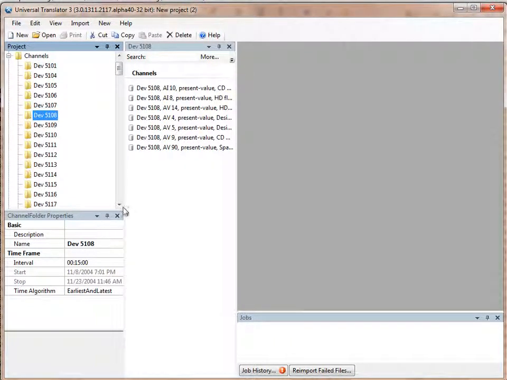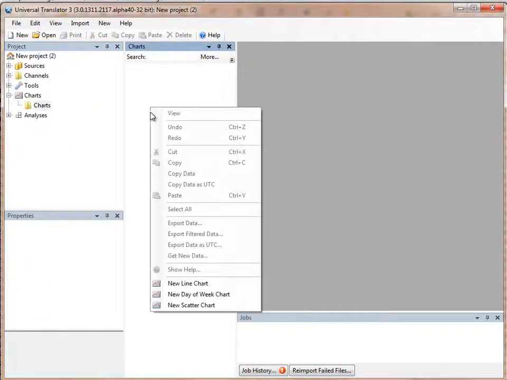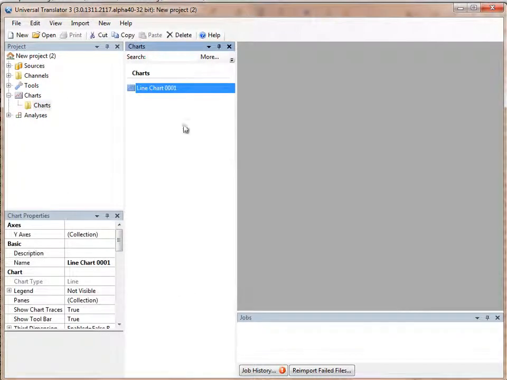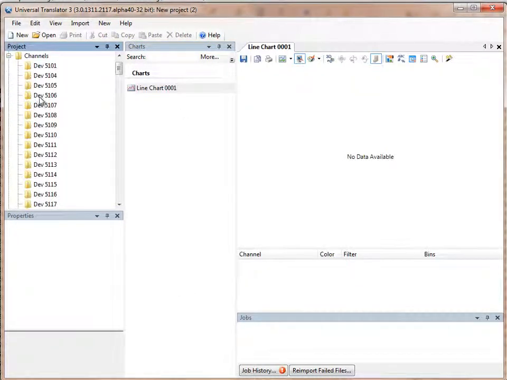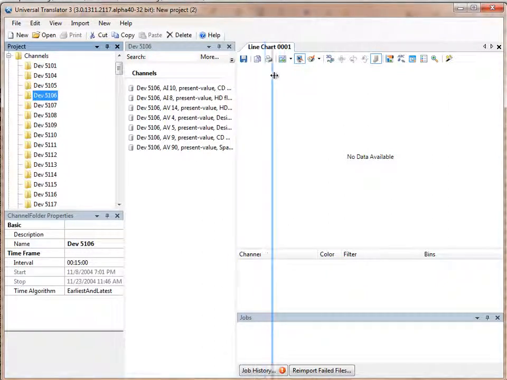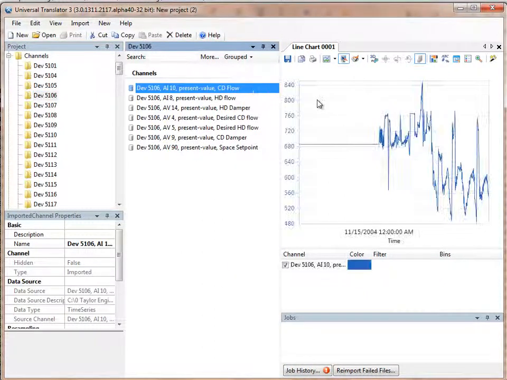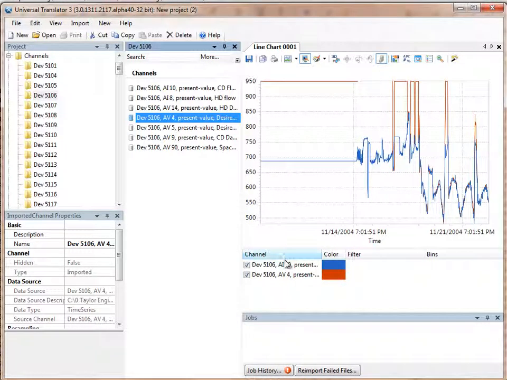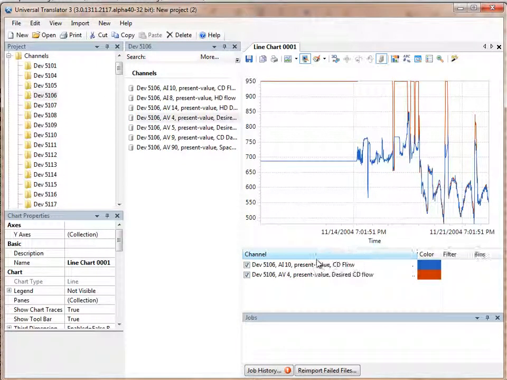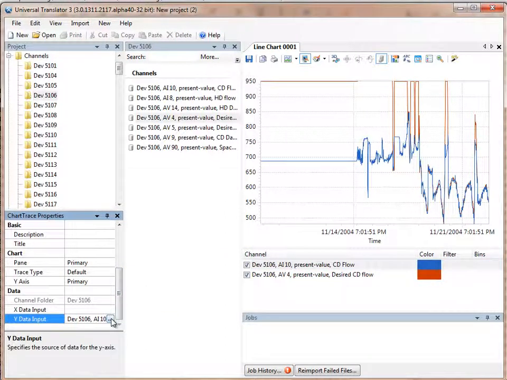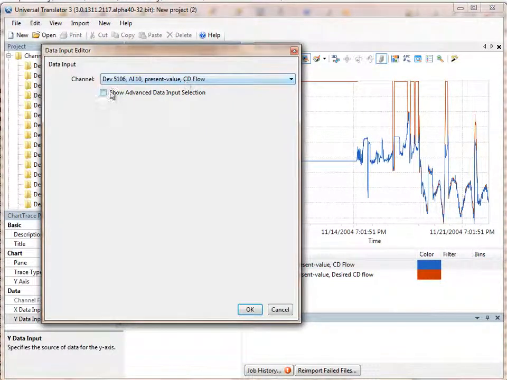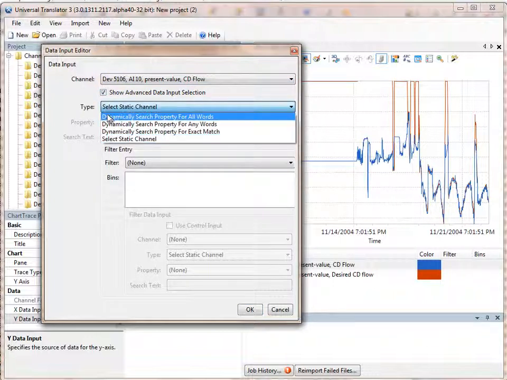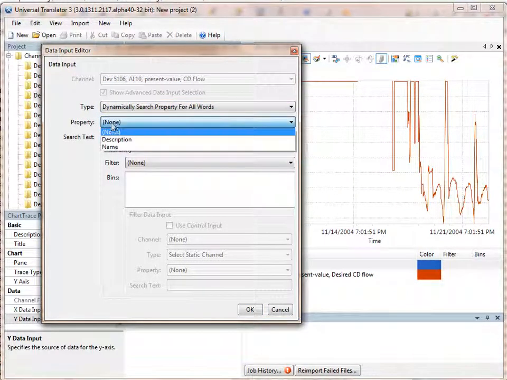And I'll just make a template graph that shows what's in the terminal. With a line chart. Take one example. So this could be Coltec flow against desired Coltec flow, for example. And then to make it a template graph, change the selection criteria for this channel to be present value CD flow, for example. So I'm going to say select for the words in the name,